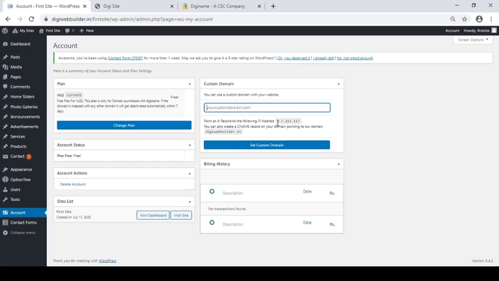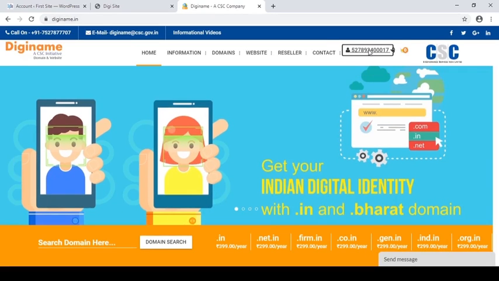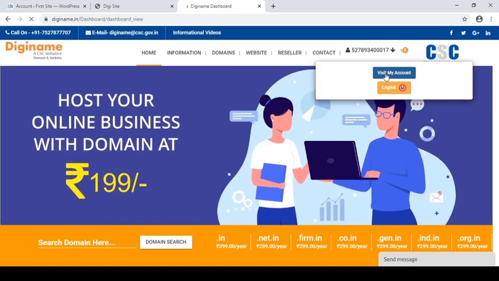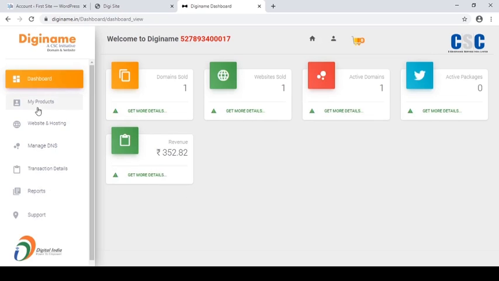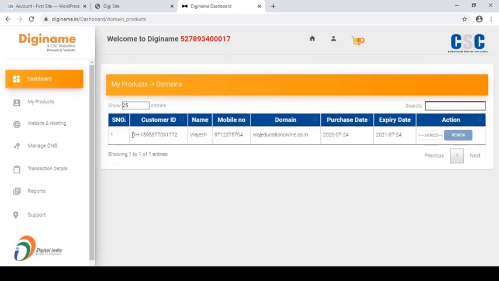After entering your domain name, copy this IP address, go to your Diginame dashboard, visit my account, my product section, domains, copy the customer ID of your domain which you want to link with your free website.